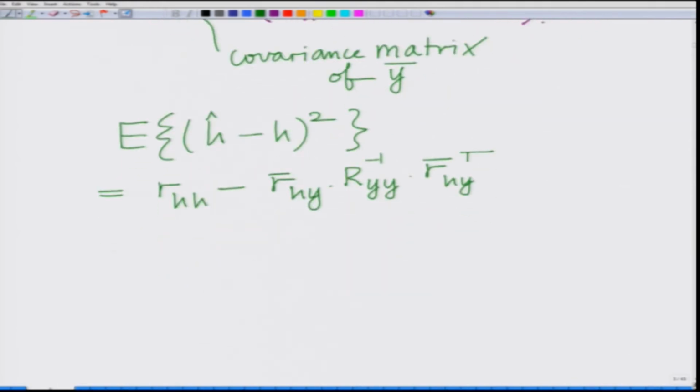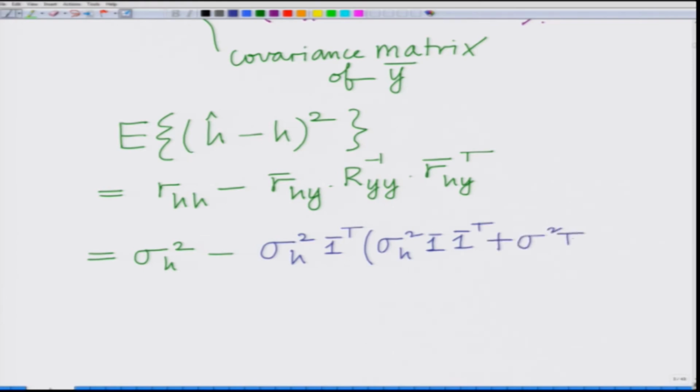So, I can write this as sigma h square minus r bar h y, which is basically sigma h square 1 bar transpose times sigma h square 1 bar transpose plus sigma square identity inverse times 1 bar into